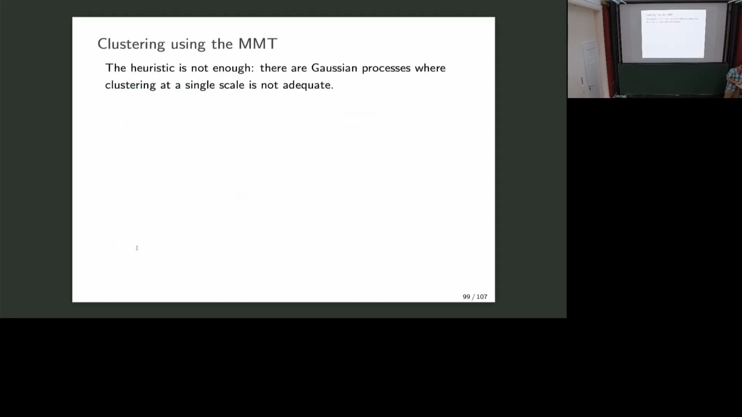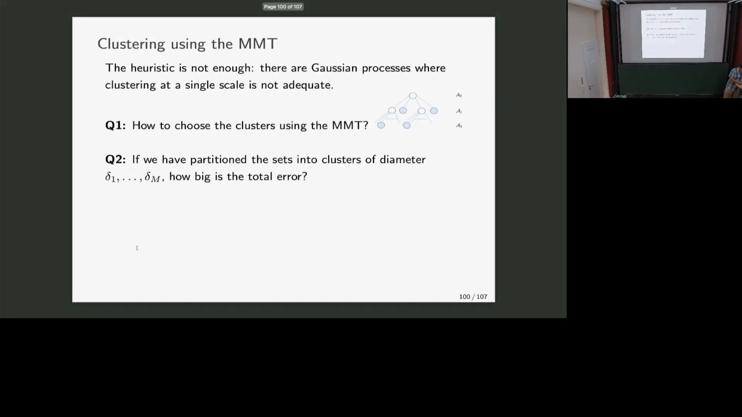That doesn't happen, it provably doesn't happen. There are Gaussian processes you can write down. It's related to the phenomenon I talked about earlier, where at any fixed scale, clustering at that scale is not going to work. So you have to do something a little different, but it's not difficult. I'm not going to do it. It's a little bit involved. There's a calculation, but you can